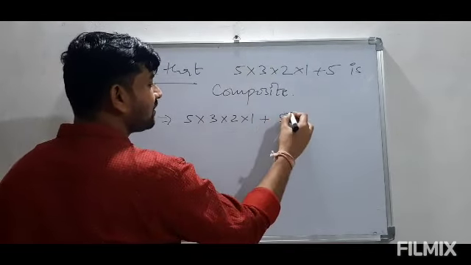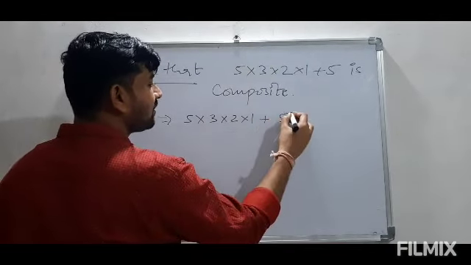Whenever we have such a question, just separate them from this plus sign. We will treat this as a whole. One single term is this in multiplication term, and then a single digit will be there. Whatever single digit is available, we have to take it out. Suppose here we get 3 in place of 5, then we have to take out 3. Then we will multiply the remaining numbers and write plus 1 here.